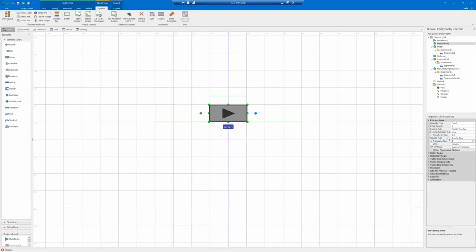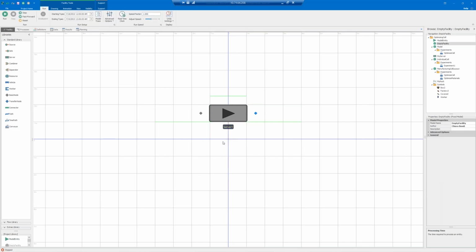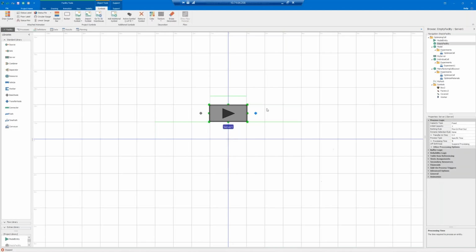So I'm going to modify this to be 5 minutes. So now I've modified one of its properties, which as you can see appears bolded. Now, if we wanted to create, say, 6 different servers with the same runtime and the same modified property, we can easily drag and drop or create 5 servers and then in each individual one change the processing time. Or we can create a custom object where this modification, or this new processing time for example, is its default